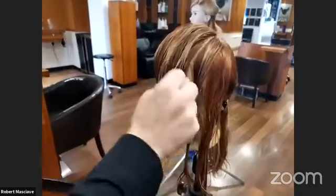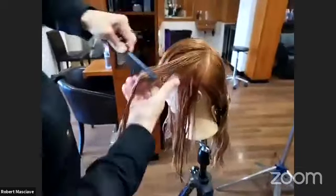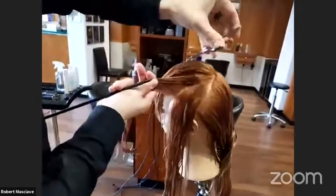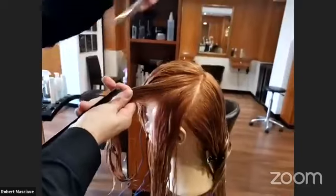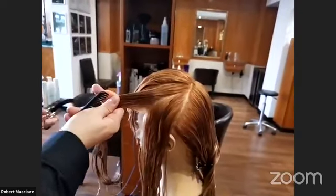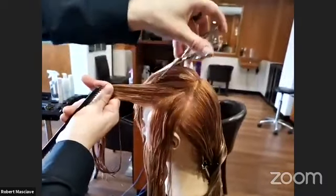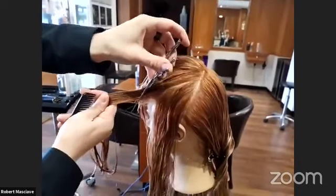Okay, this is good. Now, this area here, I want to go a bit higher, so I'm going to approach that same way, but the end will be different. So let's see if I can control that aspect. Again, I've not done that technique. I've tried it to see if the idea behind it works, but now I'm going to try and see how much control I get. And I think it's going to be...